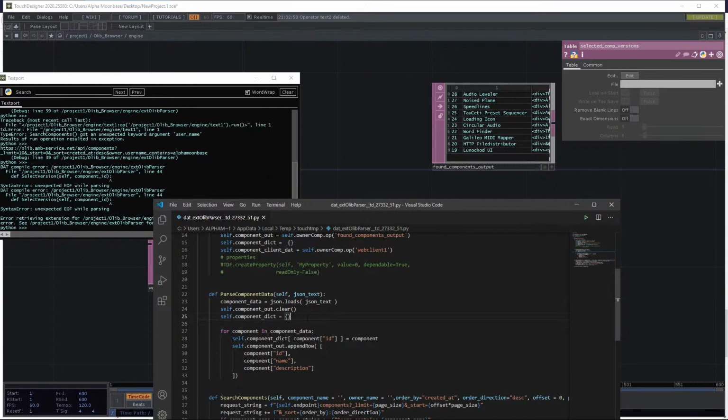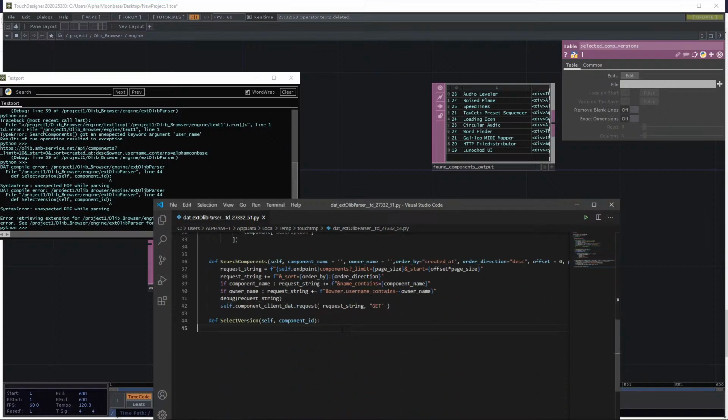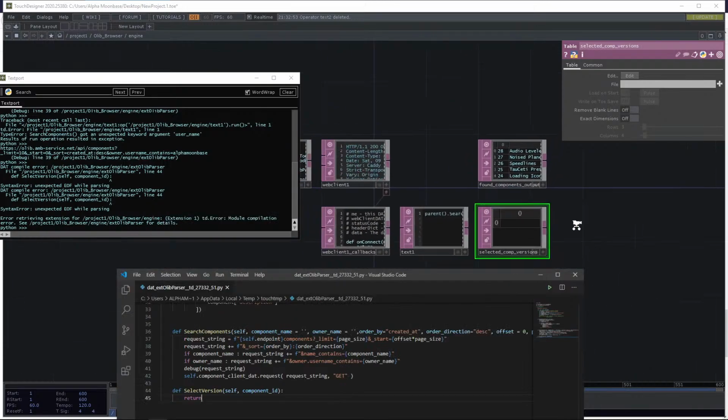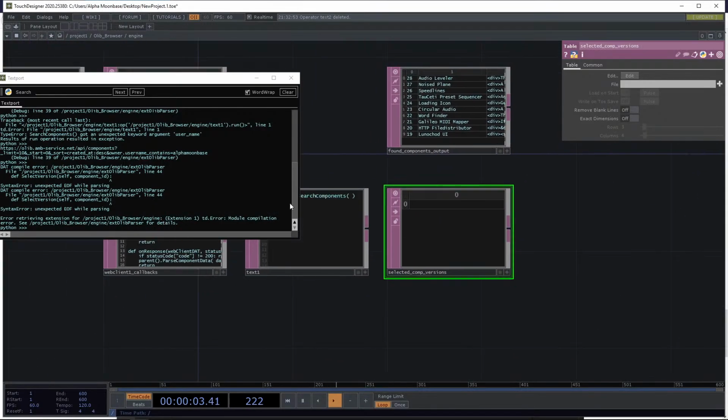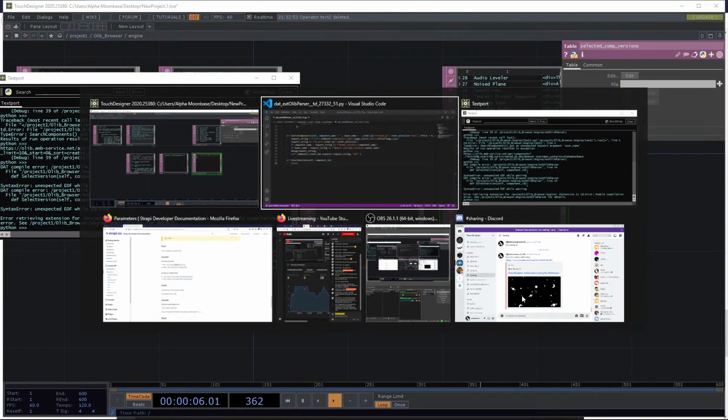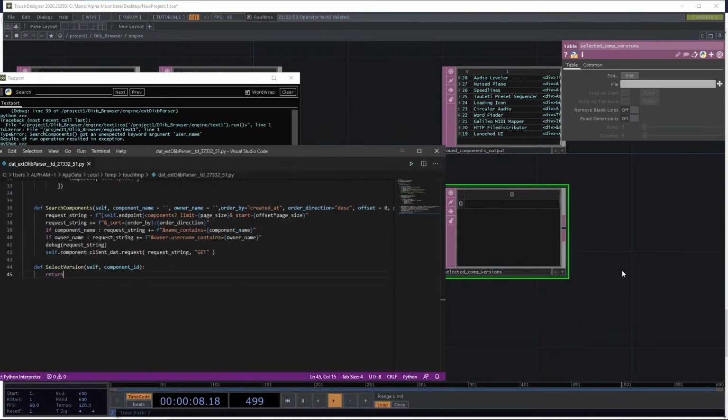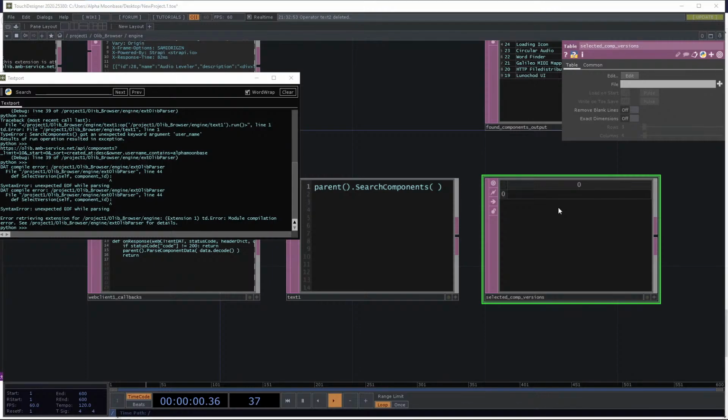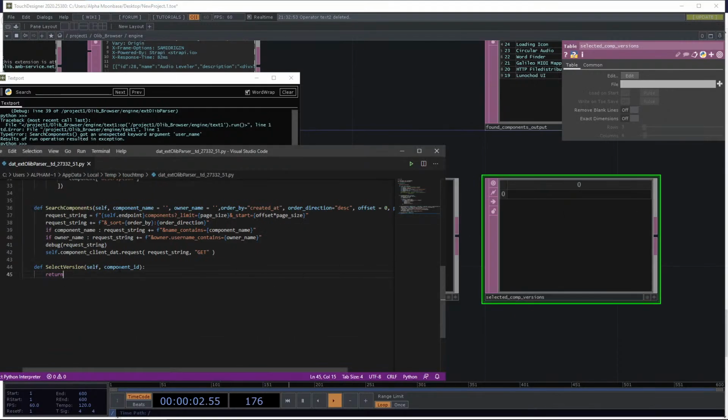Oh, and file while parsing. Yeah, because I have to put this one in here. Okay, so what we can do now is we can just say with the selected comp versions, select versions. So what we can now do simply is we are going to say first we're going to